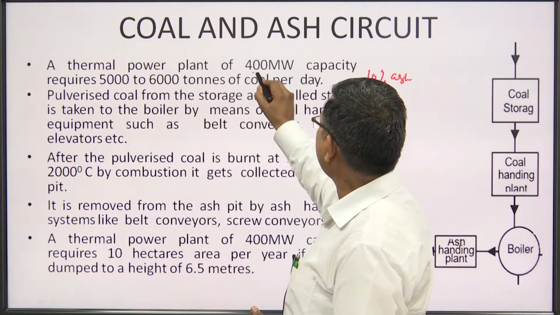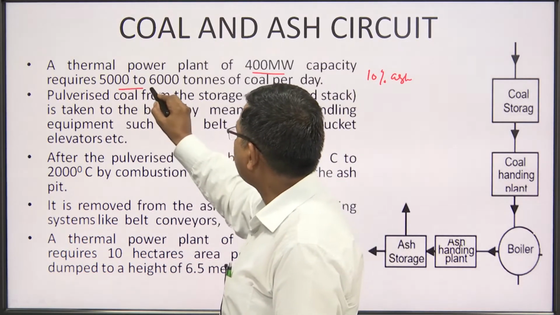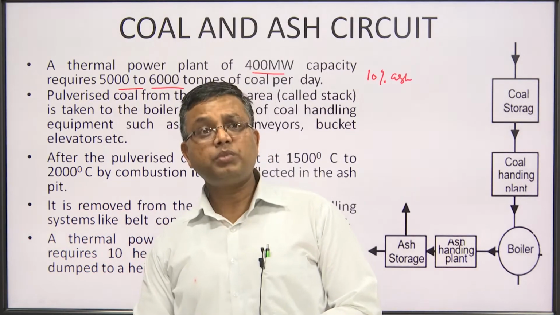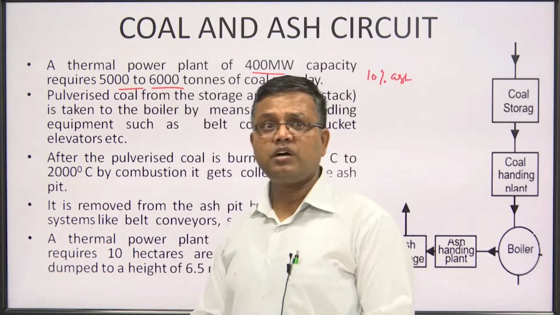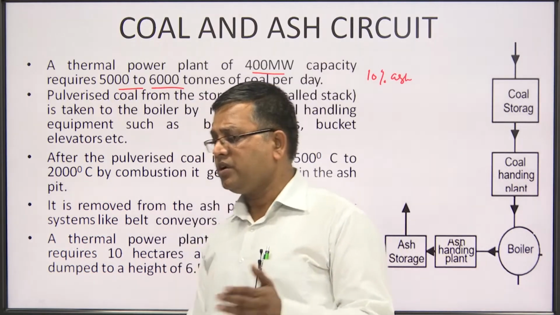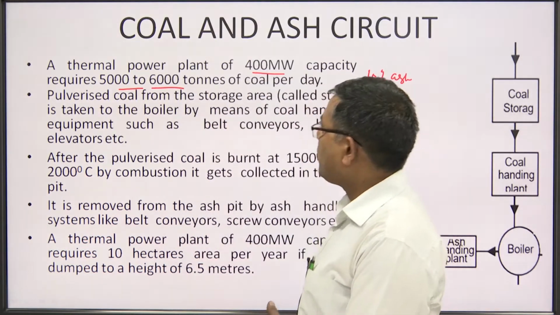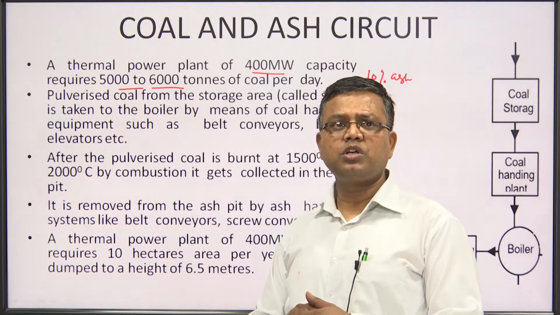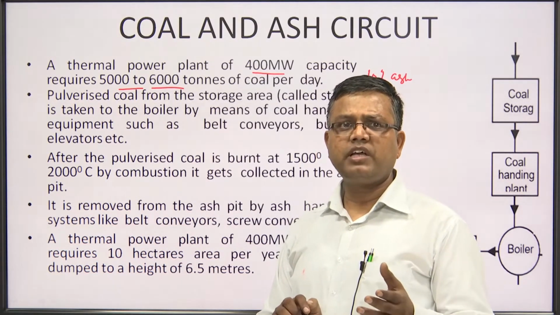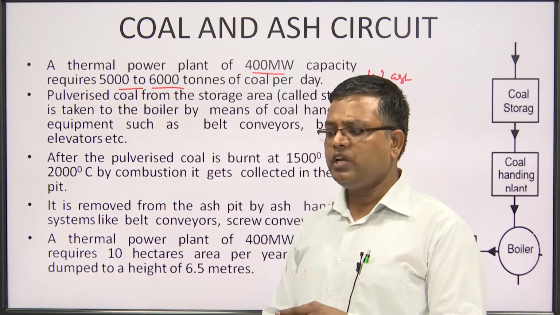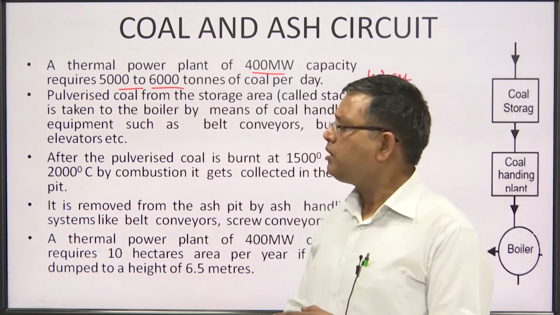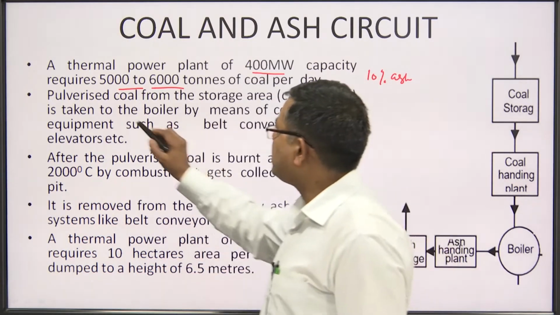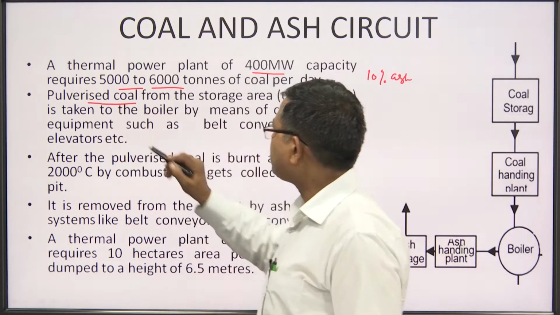This is about 400 megawatt capacity, though our thermal power plants are of bigger capacity, such as super thermal power plants. I told you in the last lecture about this. Now, coal is available from the coal mines. There are 2 methods to use the coal, stoker firing as well as pulverized firing. In India we mostly prefer pulverized firing. Pulverized firing means we convert coal into powder form. That is known as pulverized coal.